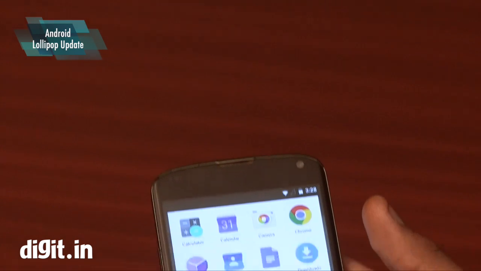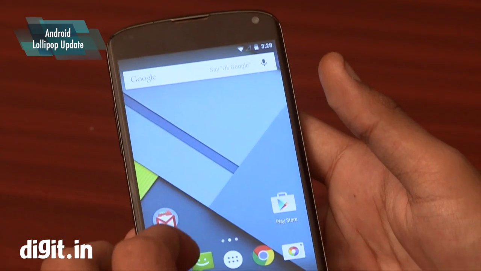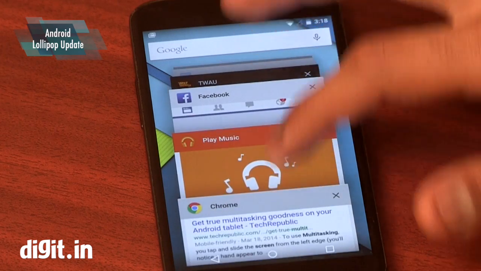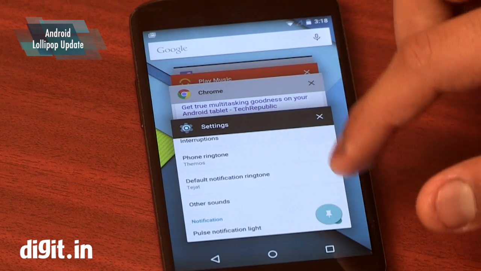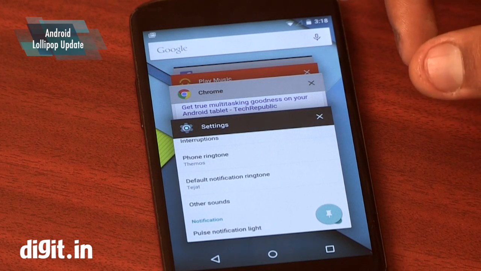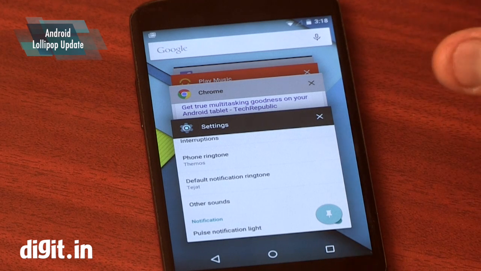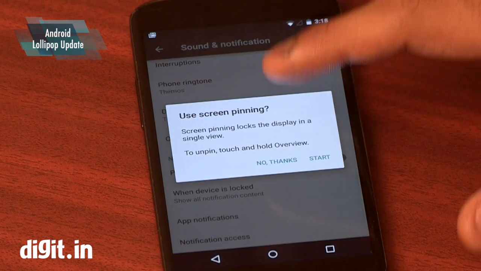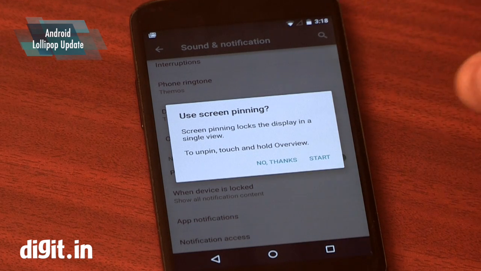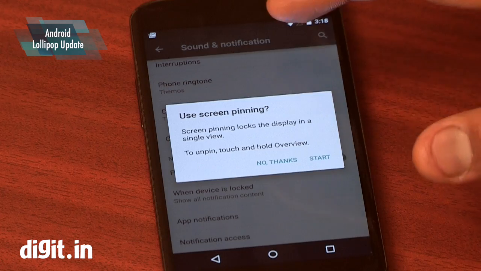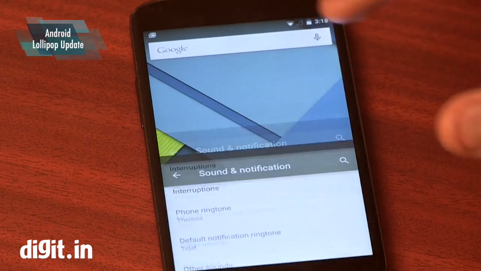The new multitasking screen is designed basically on the Chrome tabs that you had to use earlier. The good thing here is that the top app, you'll always have a pin option. So if you're giving your phone to somebody and you want them only to look at the app that you're showing them, the screen that you're showing them, you can simply press pin and the app will be pinned. You of course have to go into settings and switch on screen pinning first, but this is a very useful